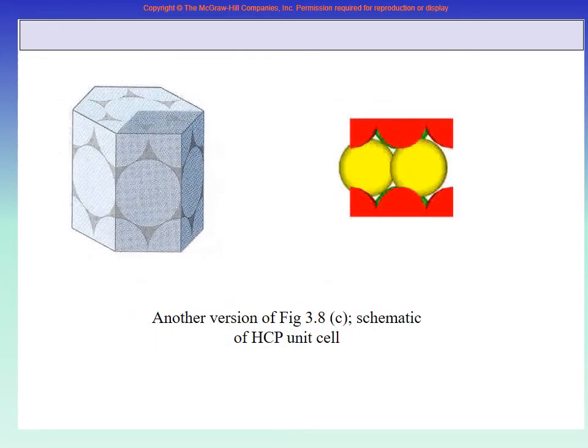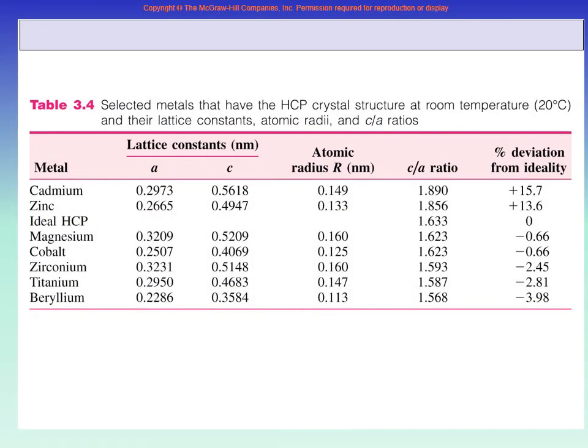So here we are just showing you a solid diagram and so on, that if we cut it, if we slice it, if we do sections, then the face ones are like this and so forth. So now this is the table for the HCP materials: cadmium, zinc, magnesium, cobalt, zirconium, titanium, beryllium. Again, most of the names that you know from normal engineering and normal chemistry. But this time there are 2 constants from geometry, right? There is A, which is one side of the hexagon, and there is C, which is the height.